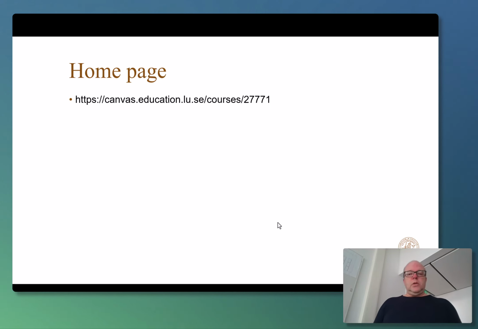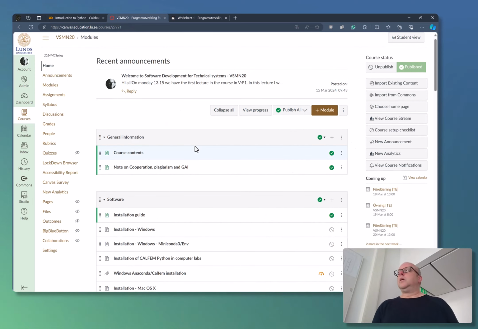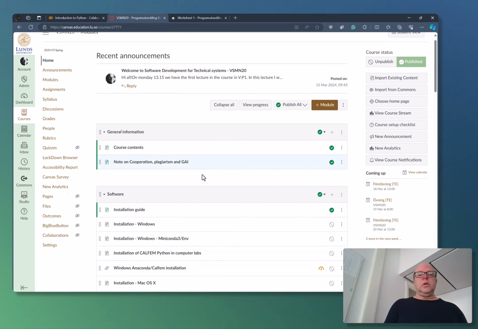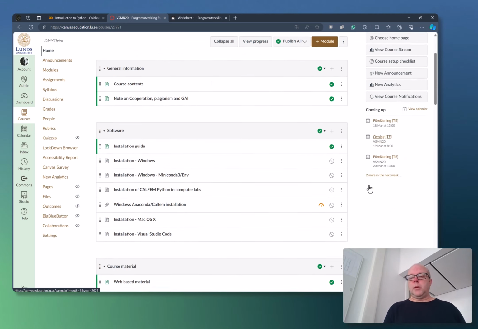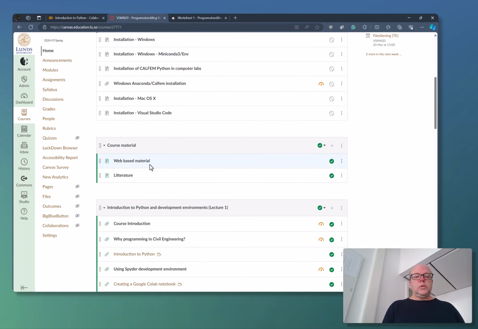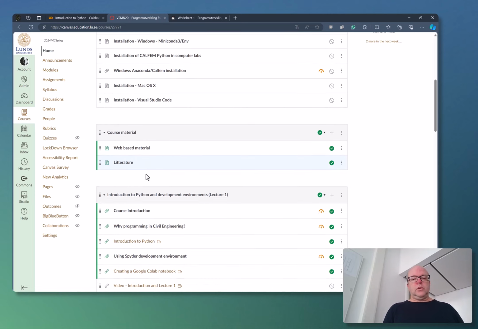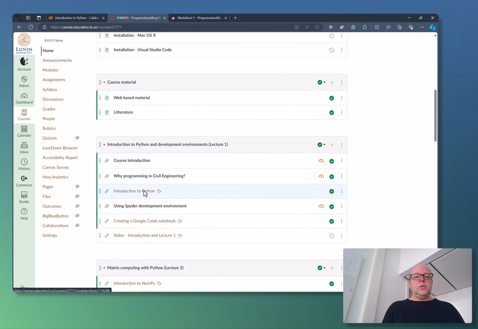There is a Canvas page. I'll show you here. Looks like it. I hope you all have gotten accounts for Canvas and are able to get into the course page. So here you will find general course content information, the upcoming lectures, an installation guide, which you have perhaps started with already, on how you install the software that you require, then the course material, web-based material, literature, and then there will be modules for the different lectures, and